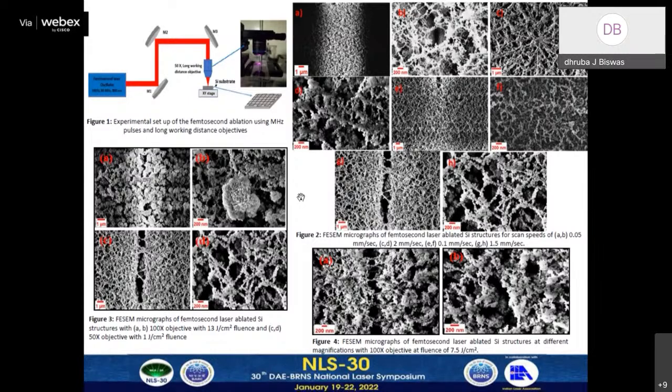We have chosen methylene blue as the probe molecule, and in figure 6 you see images of our SERS spectra. As you can see, the laser ablated silicon clearly has an advantage over plain silicon. The signal is enhanced in the case of SERS. We have studied methylene blue at different concentrations, and we could detect concentrations as low as 1 micromolar. The reproducibility of the substrate is also 18%, which indicates good reproducibility and practical use.